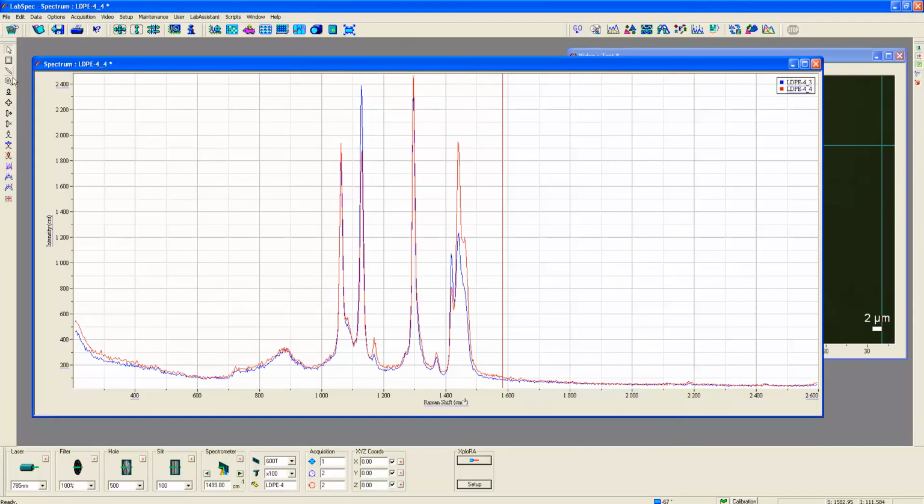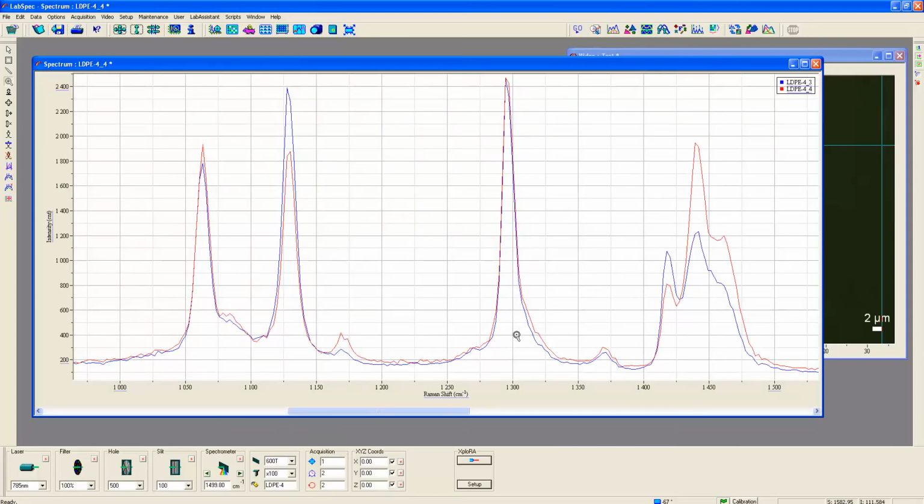and also I'm going to zoom in on these bands, and there you go. And you can see the differences. If we normalize to this band at around 1295 Raman shift, you see the differences in the relative intensities of the other bands of an ordered or stretched polyethylene relative to